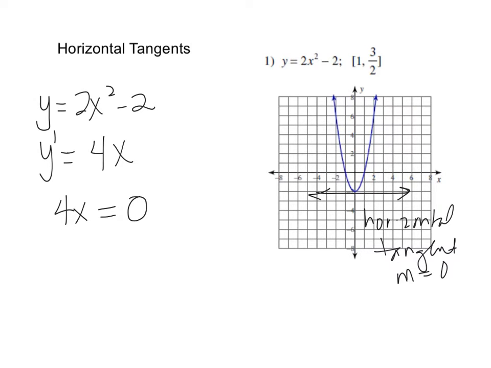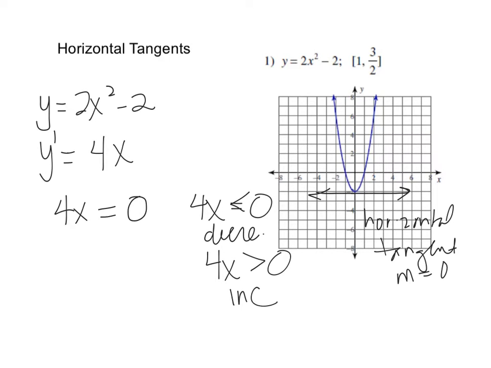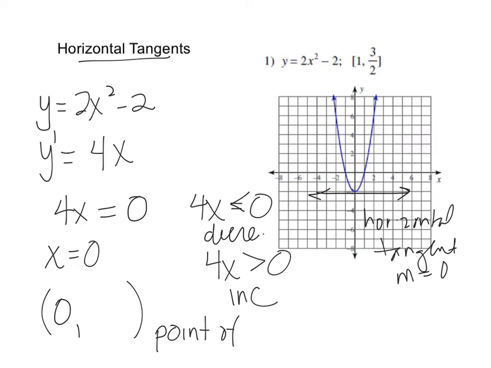Now, if we were looking for where the derivative was negative, we would be looking for where the function was decreasing. And when the derivative was positive, we would look for where the function was increasing. But what we want is the horizontal tangent, where the slope is 0. So we know that that would be where x is 0. So that's the x coordinate of the point of tangency, that's what we're looking for, the point of tangency,